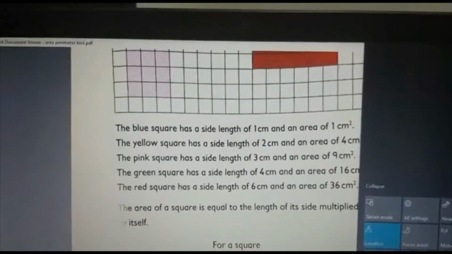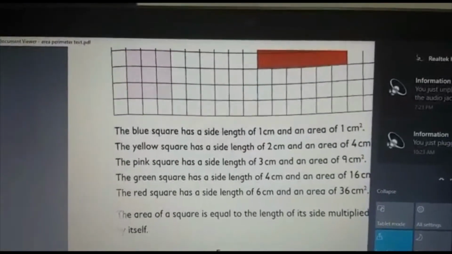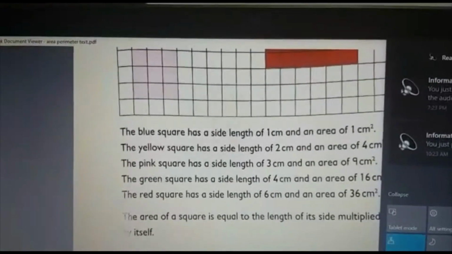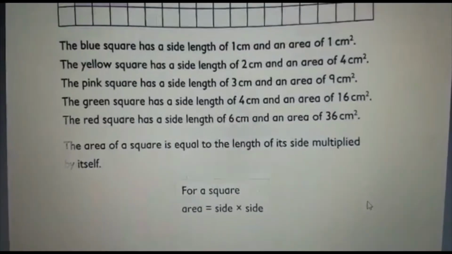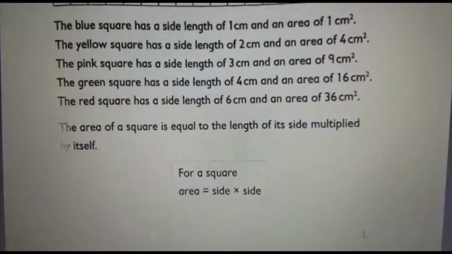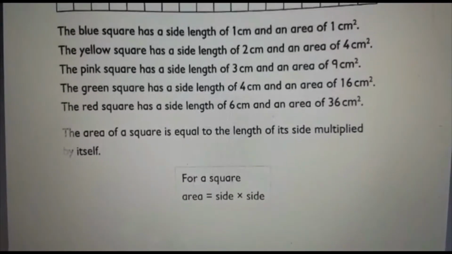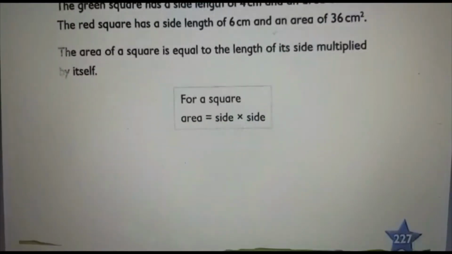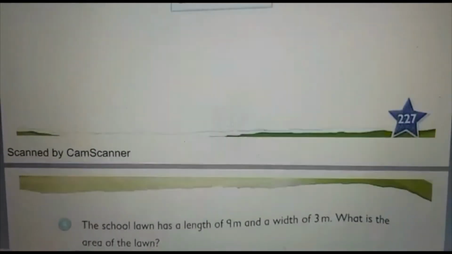Okay. So this one, the answer is given here. You can just go through that. You can just check the answers here. Okay. That's from the exercise. So same thing what we have discussed. That is for a square, the area is side multiply side. And for the rectangle, it is length multiply width. Okay. So study these two equations.